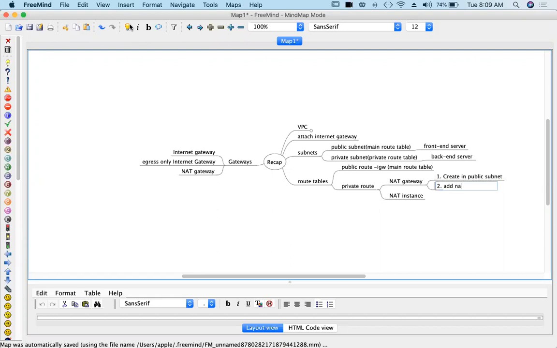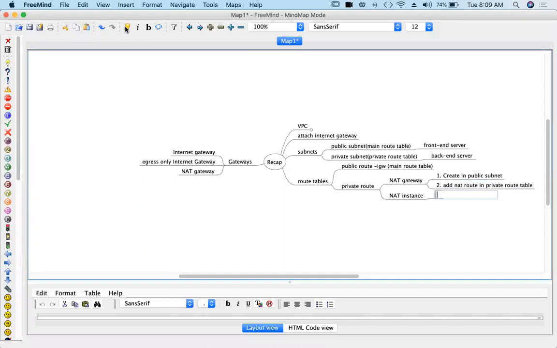Add the NAT route in the private route table. Two steps. And then NAT instance.